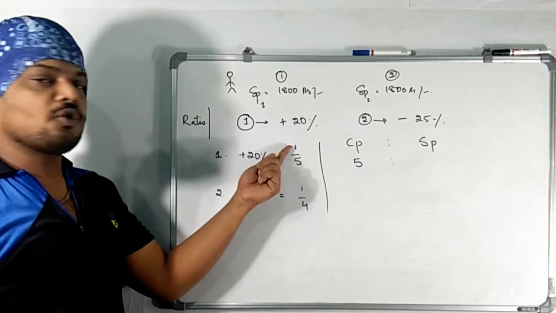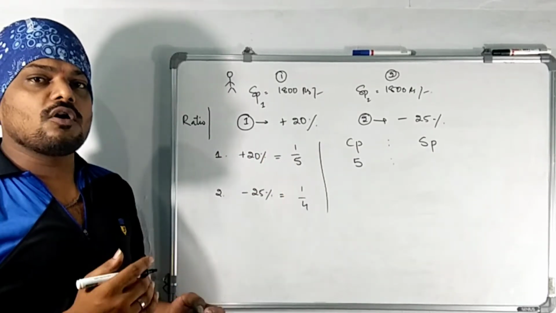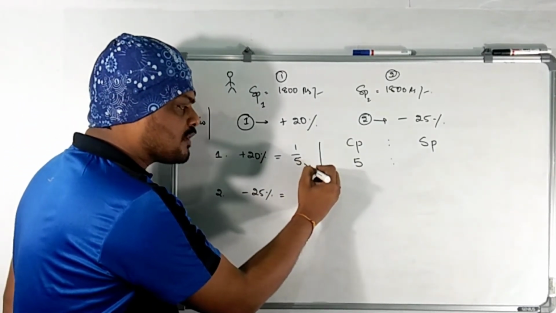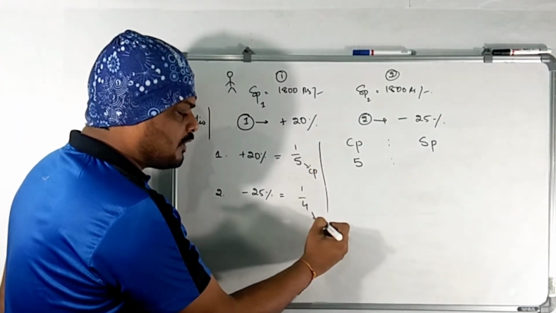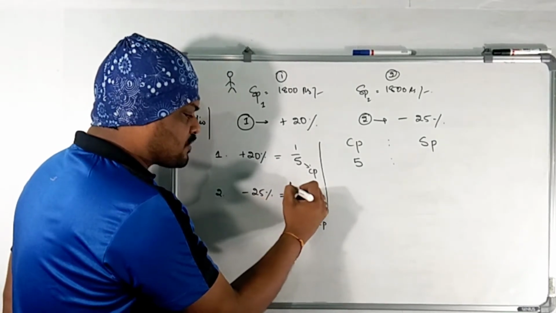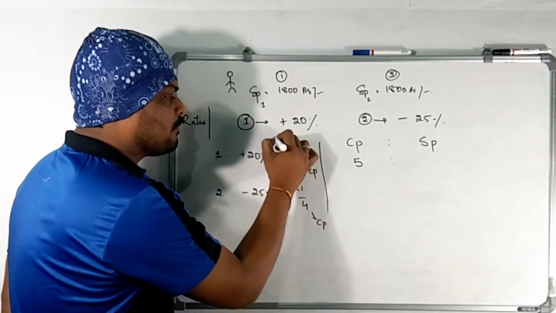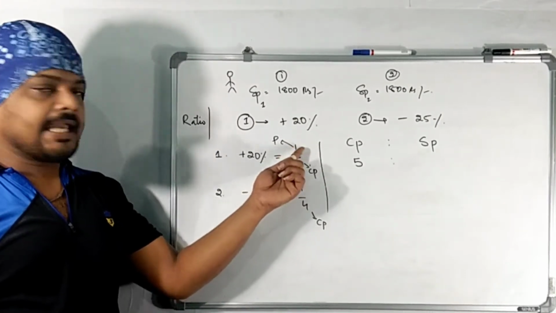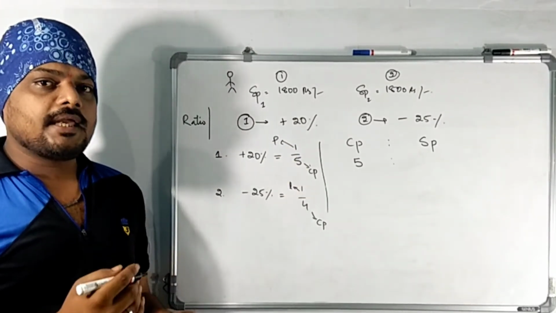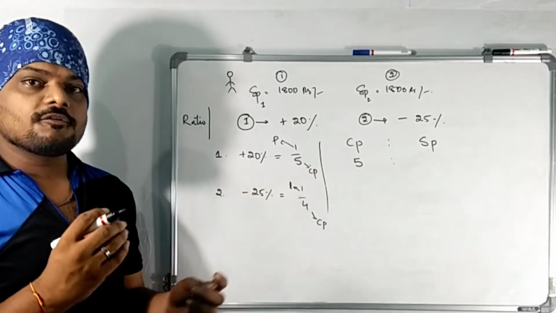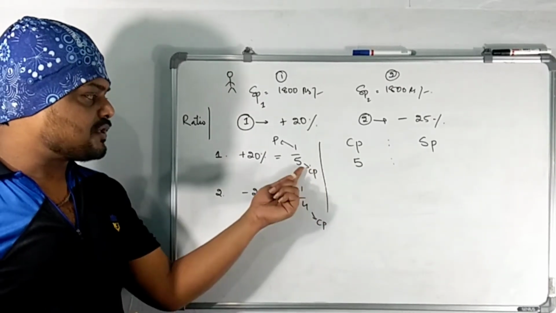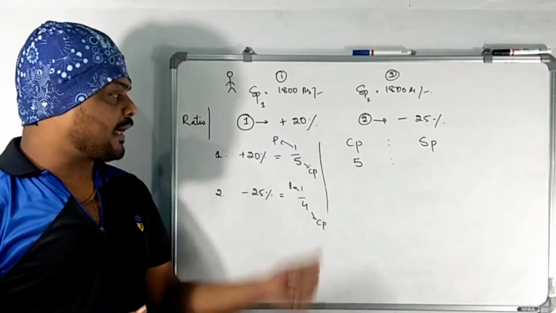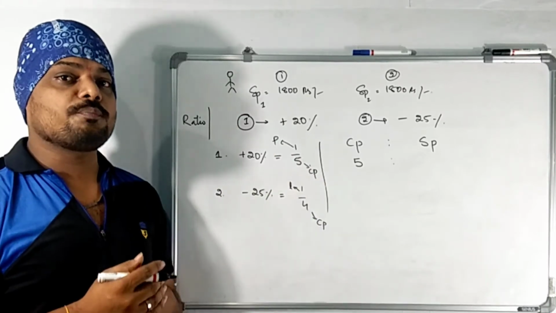With 20% profit, 1 rupee profit upon what? Profit and loss is always calculated on the cost price, so the denominator will always be the cost price. Here it is loss, here it is profit. So the shopkeeper gained 1 unit of profit upon 5 units. I am considering 5 units as the cost price, and what will be the selling price after getting 1 rupee gain?